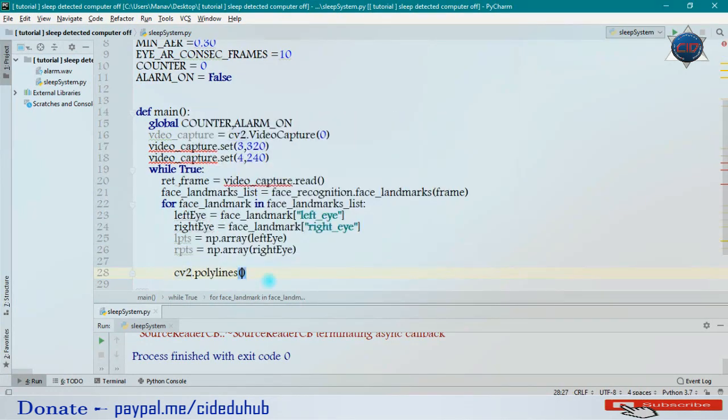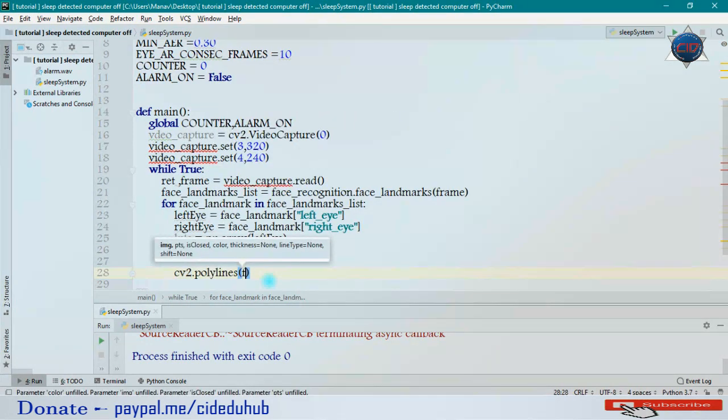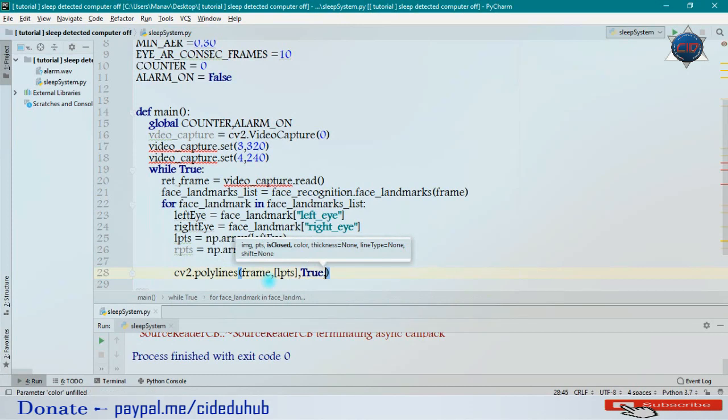Okay, and under this polylines we'll have to pass our first thing, that is the frame on which we have to create, and next I will have to pass the points, and I will pass here lpts, that means left points, and it will create the shape outside of our left eye. And now I will pass here True, that means it will be a closed shape. And now let me pass the color, and I am passing a random color, 255, 250, and now let me pass the width as 1.